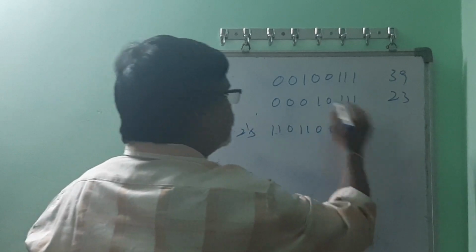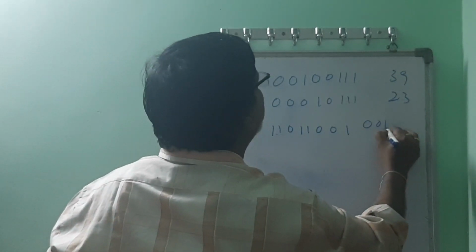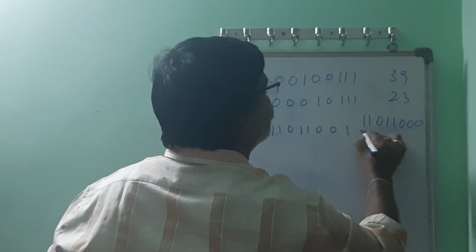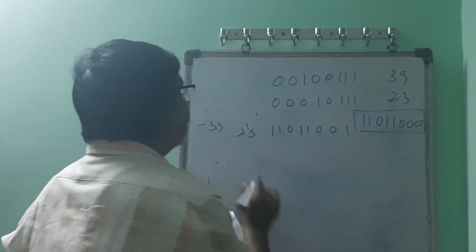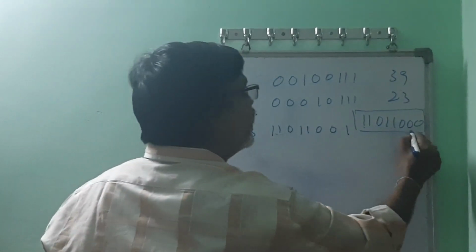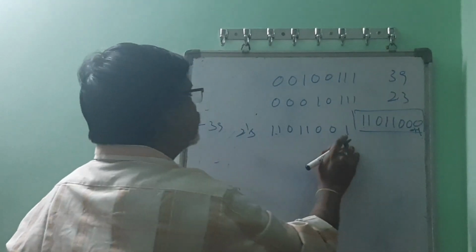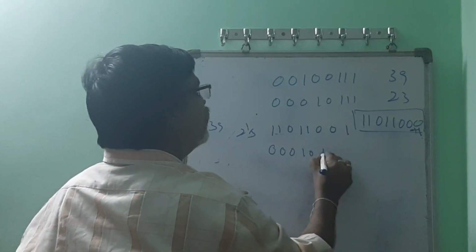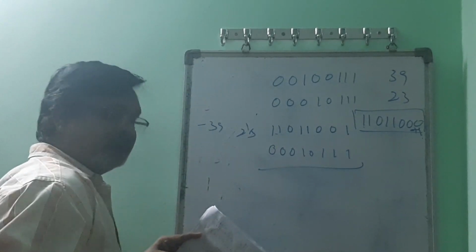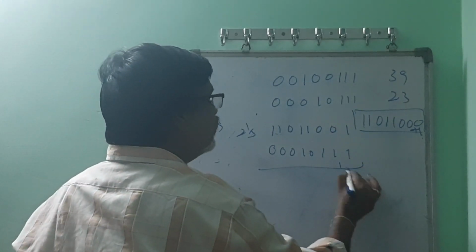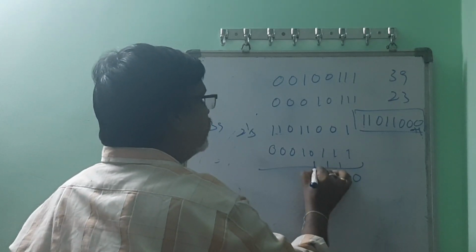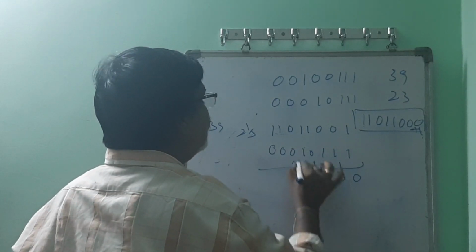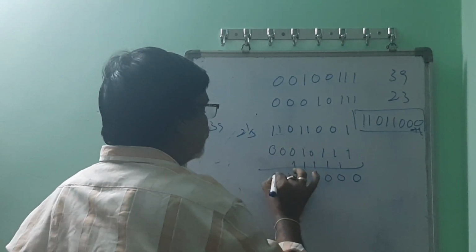That's why, the 1's complement is 1 1 0 1 1 0 0 0. This is the 1's complement. But what we want is the 2's complement. That's why we added 1 here, and we got this one. The remaining 23 value you can add as it is, 0 0 0 1 0 1 1 1. So you perform addition of these two numbers: 1 plus 1, 1 plus 1, 0 plus 1, and so on. So this is 1, this is 1 and this is 1.